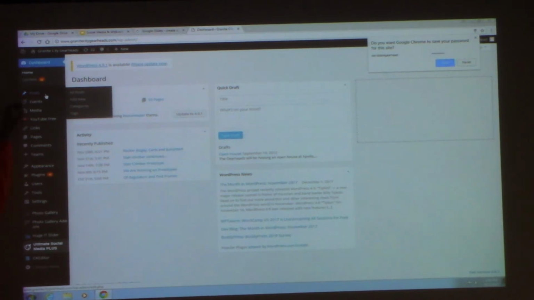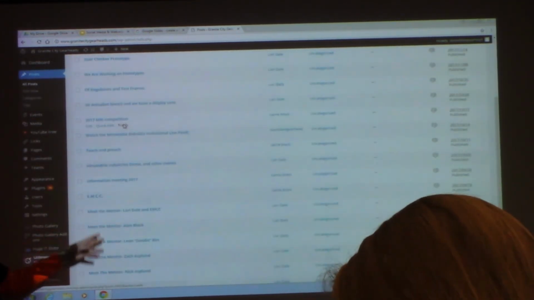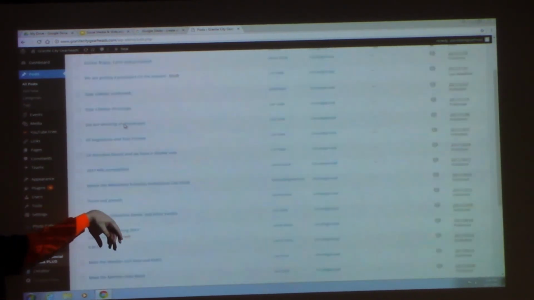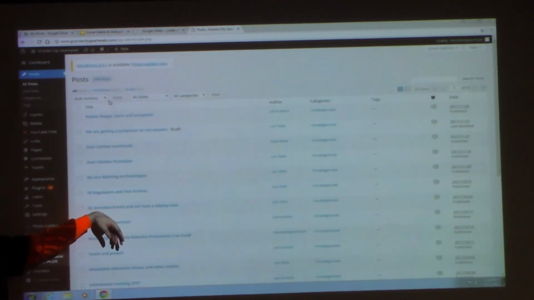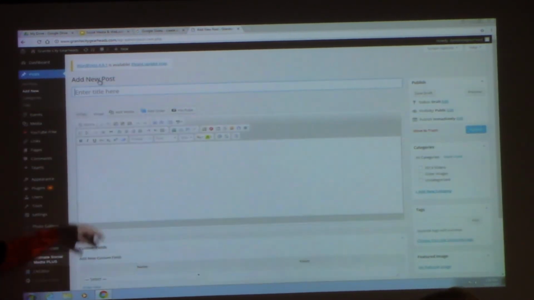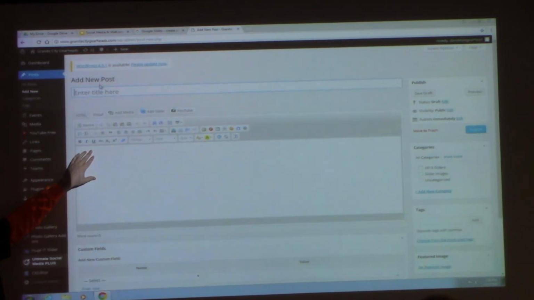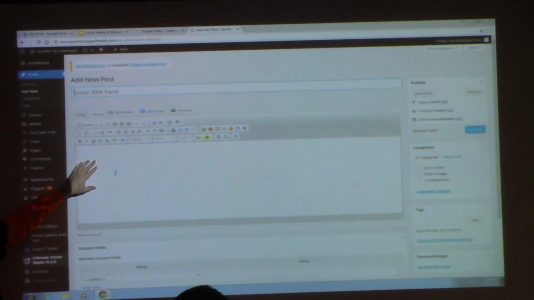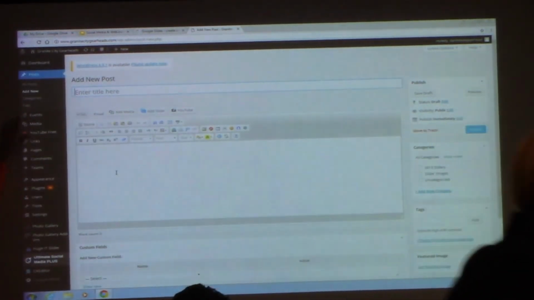Posts, really self-explanatory. If you go there, you'll just see a list of all the different posts we have, and we've been blogging for probably 5 years at least, so it's quite a long list. Add new, you can quick look at that. We do have a slightly different editor, and that's a plugin called CK Editor that provides it, and it's a little bit easier to use than the other one, perhaps.